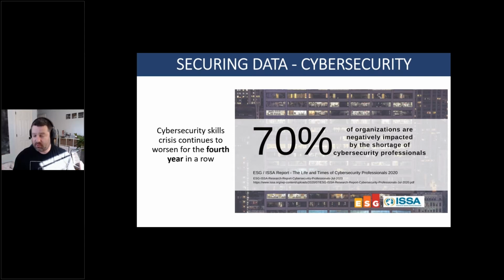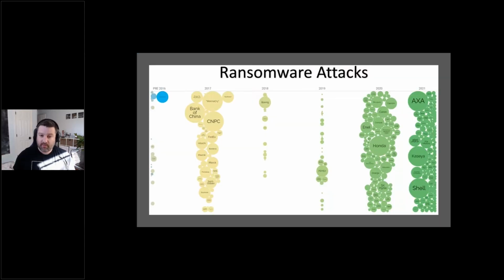Okay, cybersecurity, all right. Well, this is a visual representation of the amount of ransomware attacks that have occurred since 2017. As you can see with the introduction of the WannaCry ransomware attack in 2017, we had a huge boon. But then, as organizations really started to get ransomware under control, 2018 and 2019 saw relatively few ransomware attacks. But there's been an explosion in the amount of data that's being held hostage over the last 2 years.